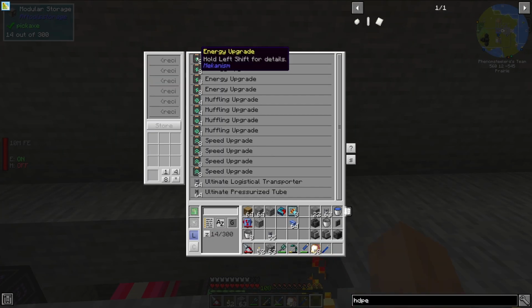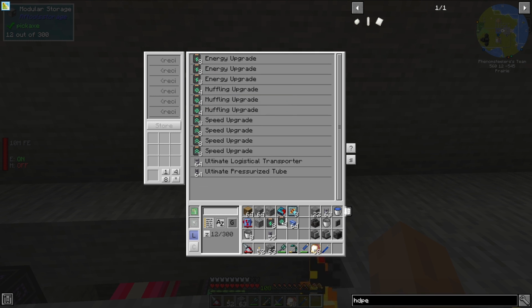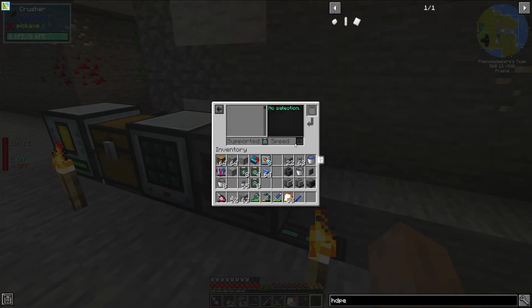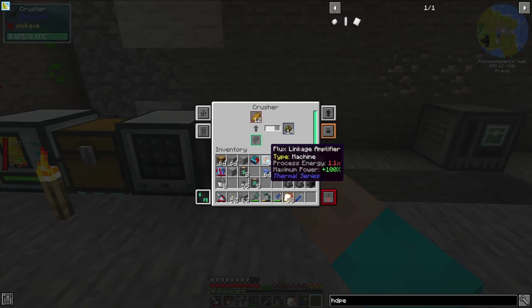So I have some upgrades here. We have some energy upgrades, some muffling upgrades, and some speed upgrades for my Mekanism machine. So let's first start out with some muffling upgrades just to shut this thing up. And what we're going to be doing with this biofuel here is we are going to send it to a